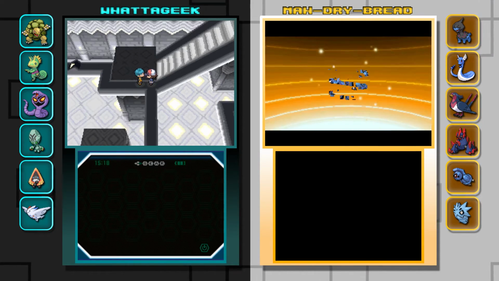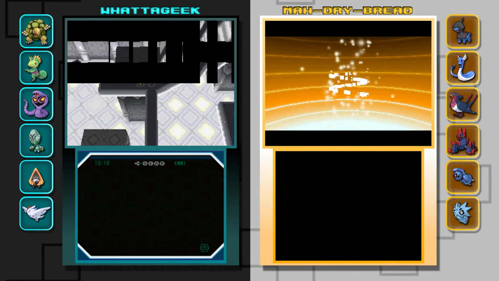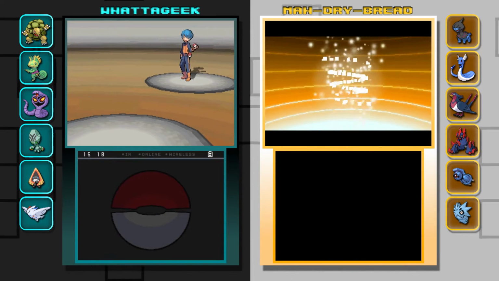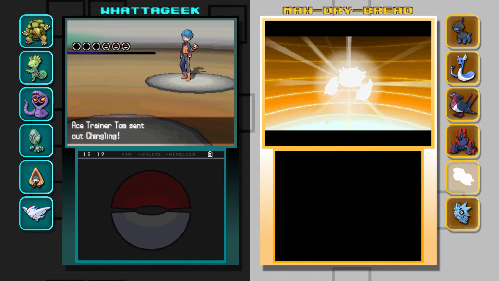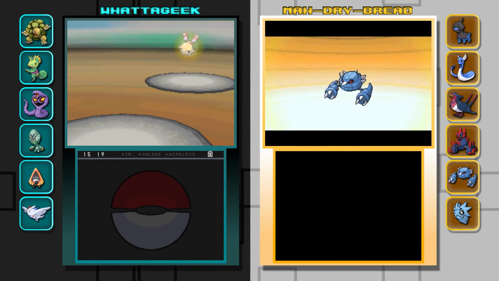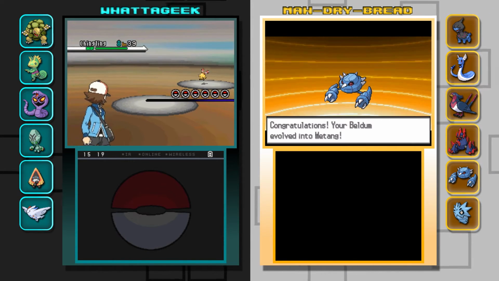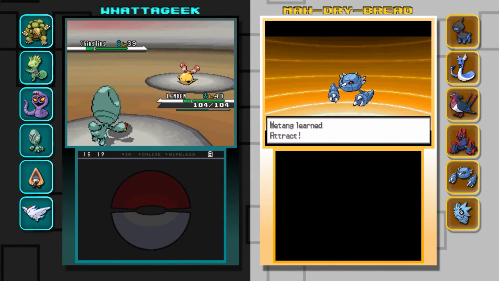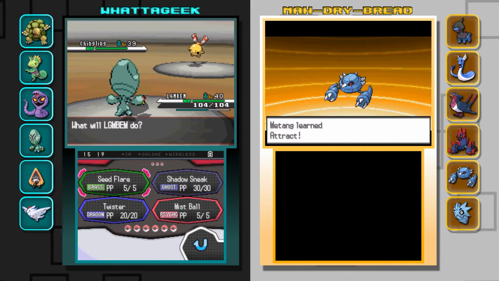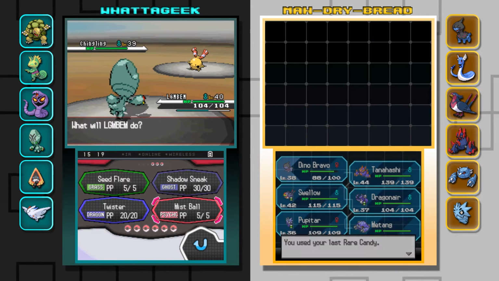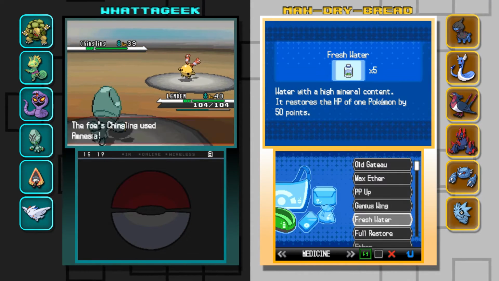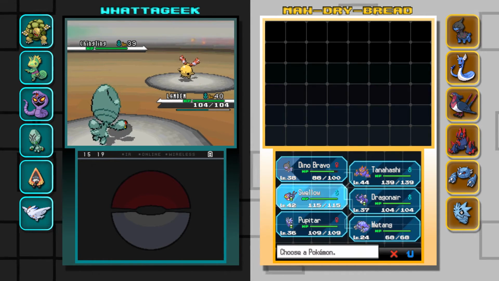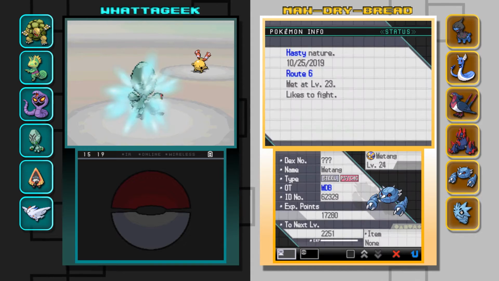I guess I'm fine with Hasty, because it's kind of slow, so that'll speed it up. Its defense is going to be awesome no matter what. There's a detriment to evolving it at 23 as opposed to right at 20, and that's Metang would have learned 2 new moves when it evolved, right when it evolved at level 20. That sucks. So hold on, no, it just learned Attract. That's cool. Yeah, not bad. That won't work, though, will it? Because it's genderless. Oh, that's true, yeah, it won't work. Oh, well, fun. Okay, what's my new ability?